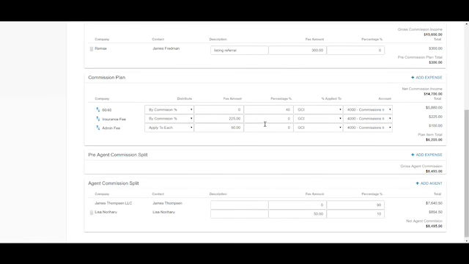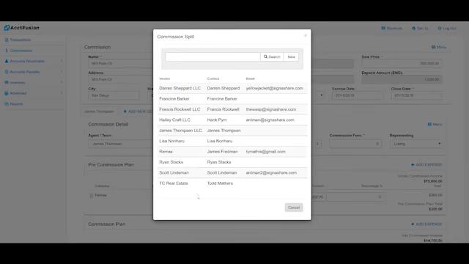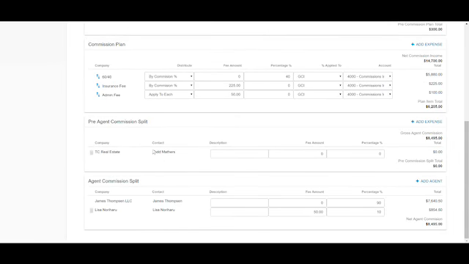Okay, let's say we also want to add a transaction coordinator fee that comes in before the agents receive their commissions. We can do that in the pre-agent commission split. Let's select Todd Mathers from TC Real Estate. Let's call this simply a transaction coordinator fee, and we'll set that for $250. So now you'll see that after I've added these fees, the agent commissions went down slightly, and everything there